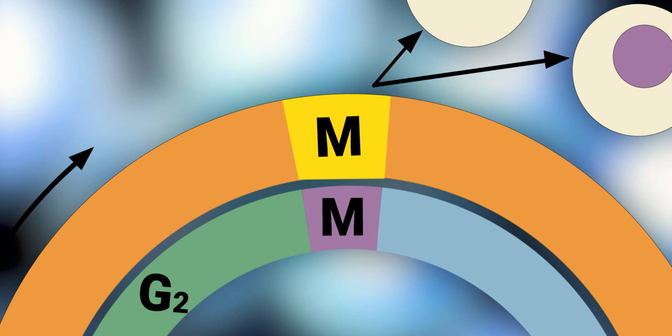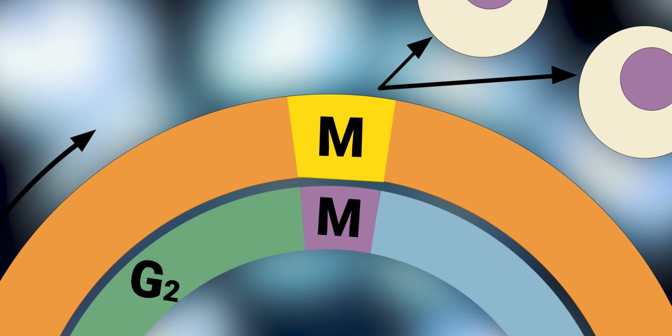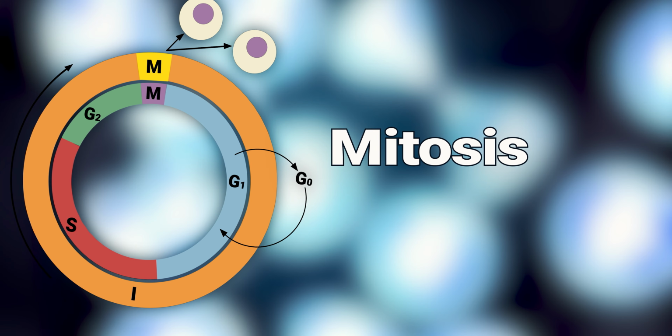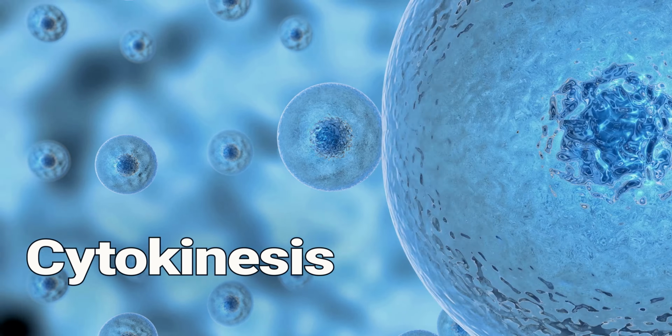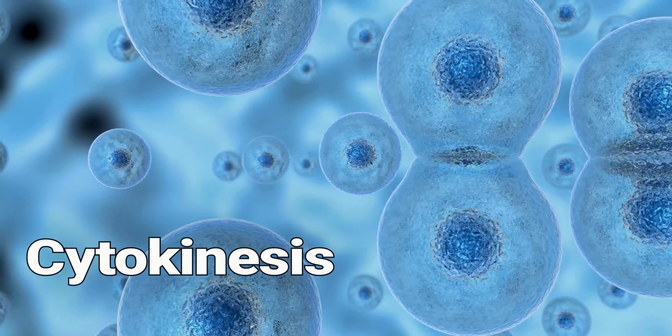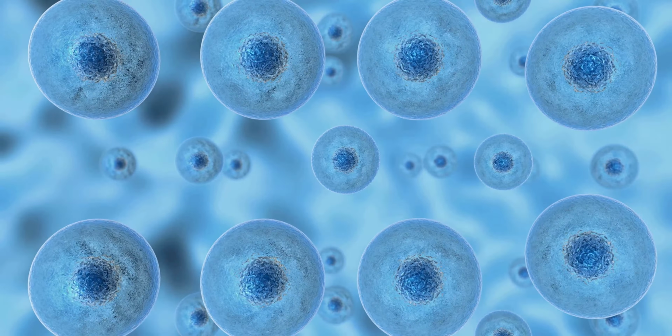Now let's look at the yellow part of the cell cycle. This is called mitosis. During mitosis, the chromosomes, or DNA, are split up between what will become the two new cells. At the end of mitosis, there is a process called cytokinesis that occurs when the cell officially splits into two new cells. What do the chromosomes look like during the different stages of the cell cycle?